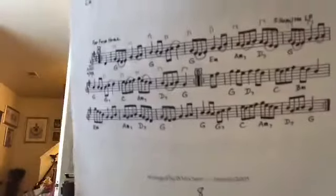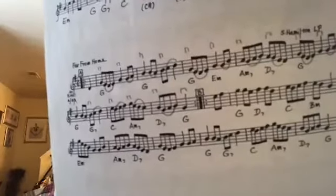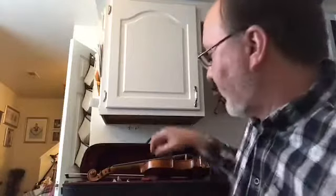I probably wouldn't play it this way every single time, but if you play it this way, it gives you a shuffle feel that the old-time fiddle players use a lot. That shuffle feel kind of sounds like a train going down a track. So if you look at the way the bowing works here,